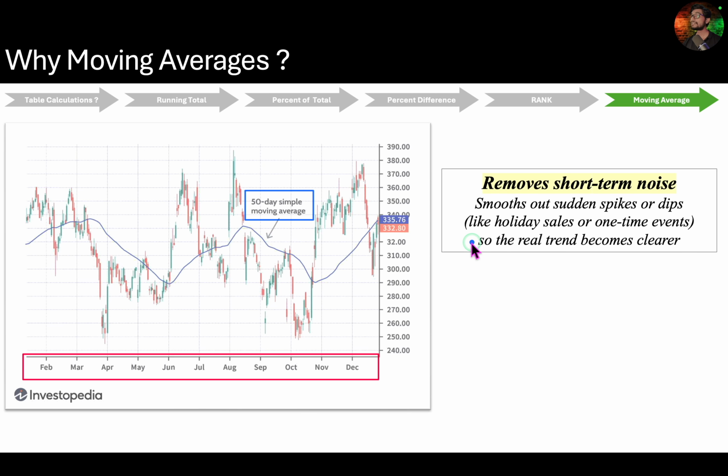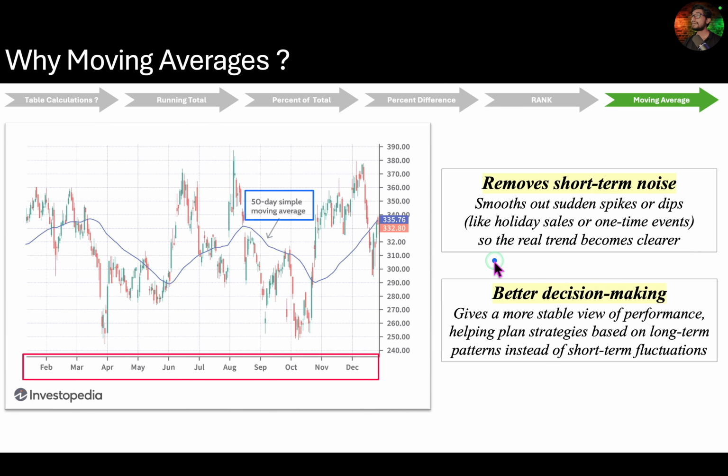Basically, it smooths out sudden spikes or dips like holiday sales or one-time events. So the underlying trend becomes much clearer. And that makes you a smarter investor by enabling better decision making. The moving average gives you a more stable view of performance and helps you plan around long-term patterns instead of reacting to short-term fluctuations. I hope with this real-world example, the importance of this moving average concept should be crystal